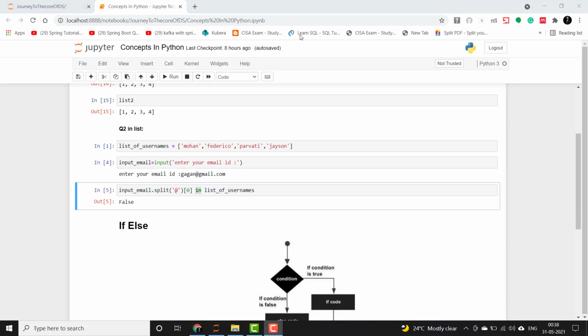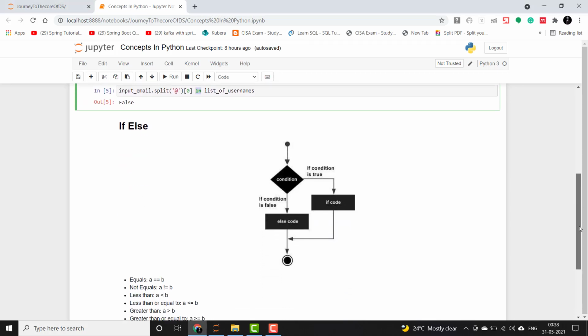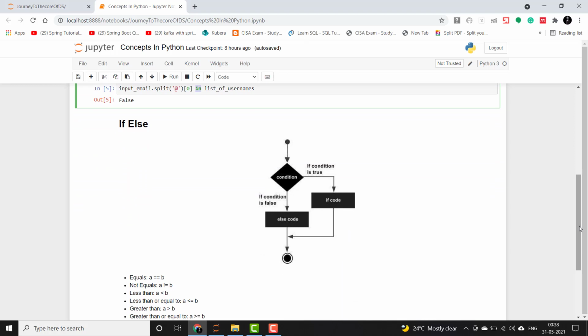Now let's move on with the newer concept, guys, one of which is if-else. There can be scenarios where decision making is required, when we want to execute code only if a certain condition is satisfied. In those cases, the if, elif, else statement is used in Python for decision making. You can see in the flow chart as well that on a certain condition, a certain piece of code is executed. We can also model this in real life scenarios, and that will help us in the decision making process as well.